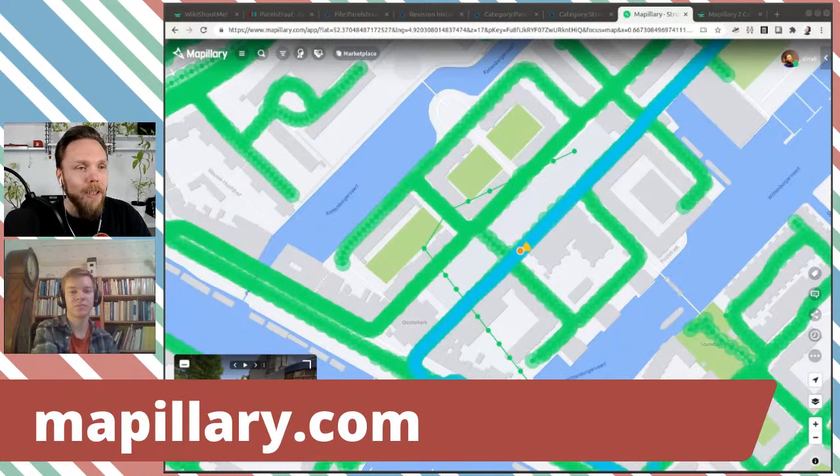And what's pretty cool is that in Amsterdam, they have cars with 360 images that go around the city to take photos of cars that are parked wrong. Oh. And they go around every once in a while, and they seem to have some collaboration with Mapillary. So we have like 2 or 3 runs of these